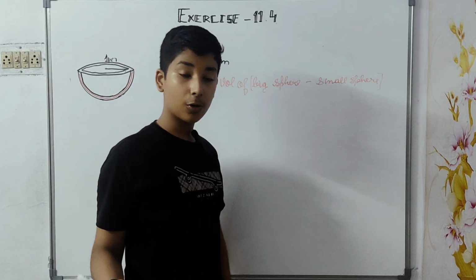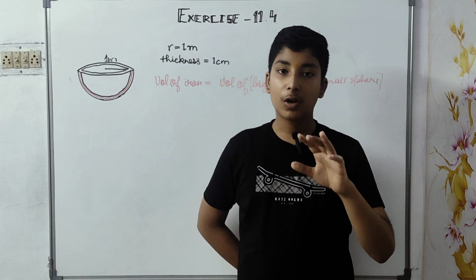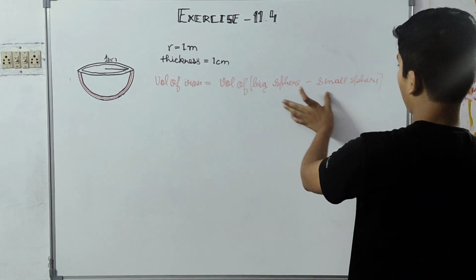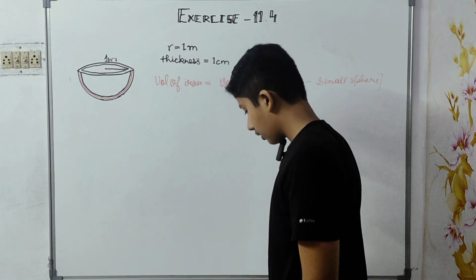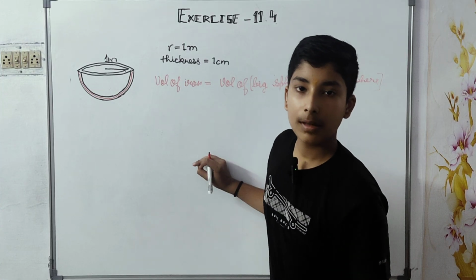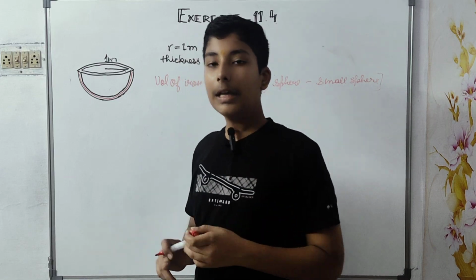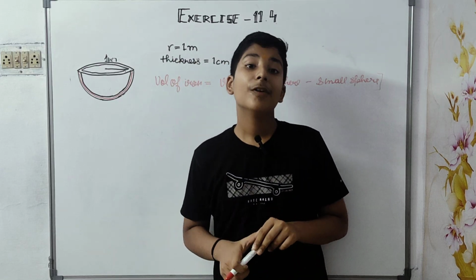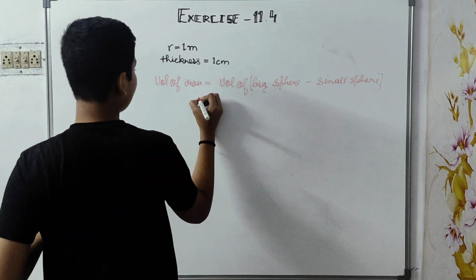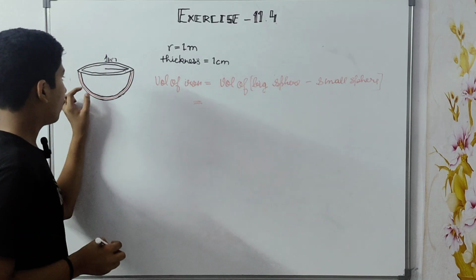See, even if you don't know the formula and all the things, like how will you solve and you are confused, so there is a trick. You just write the formula and you just write what you have to do in this question, then you write the formulas. And then you solve, and at last if you are not able to find the answer, then also you will get 4.5 marks out of 5. Now let's see the volume of this big sphere.